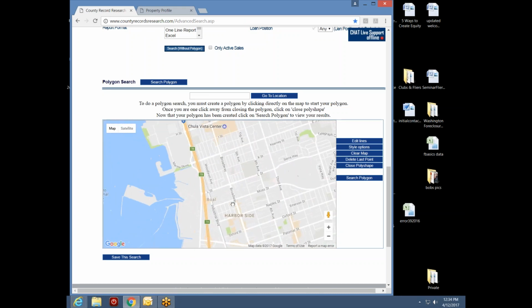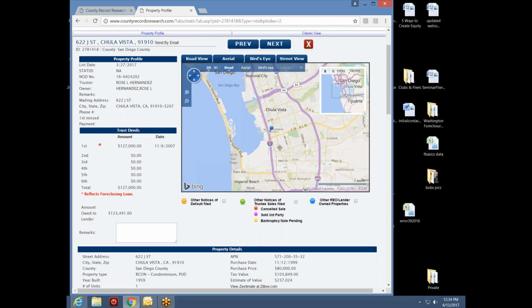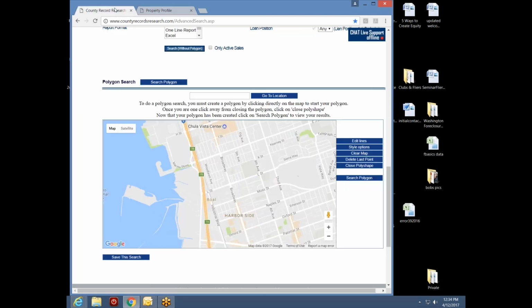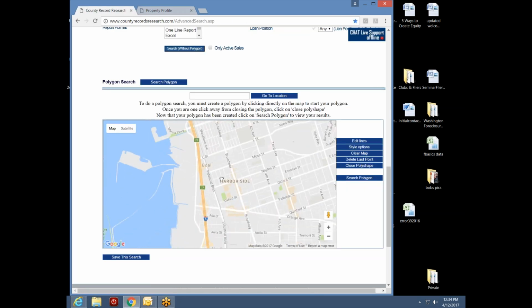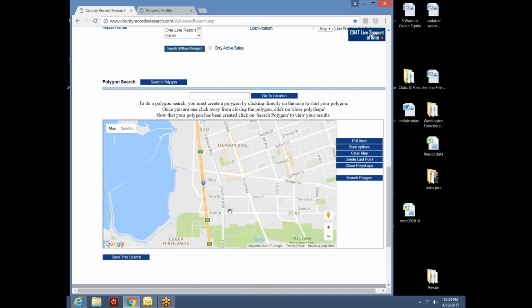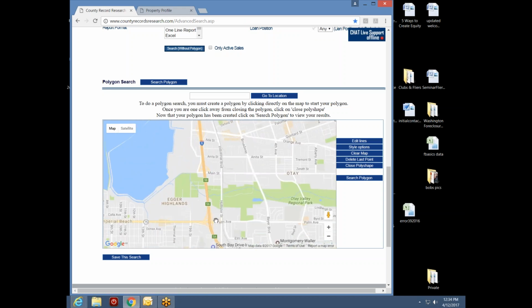So what I'm going to do is make a box. Let's say I'm going to go down to Palm City here, and then take it all the way up to the 54. Here's Palm. I'm going to use the coastline as part of my box.